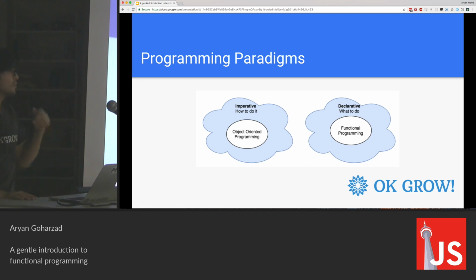But something that is important to remember here is that these are not mutually exclusive. If you're writing functional code, doesn't mean that you're not writing the other kind anymore. Especially with JavaScript. JavaScript is a multi-paradigm language, which means it supports both types and even more paradigms. So even in one file, you may end up using this mindset or the other one, depending on your need.